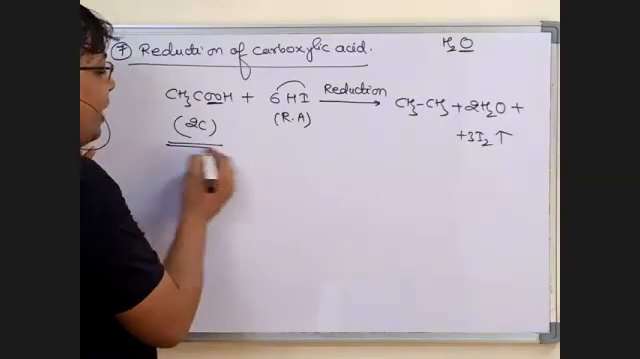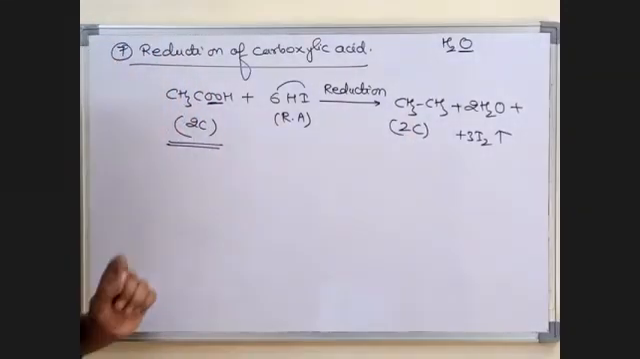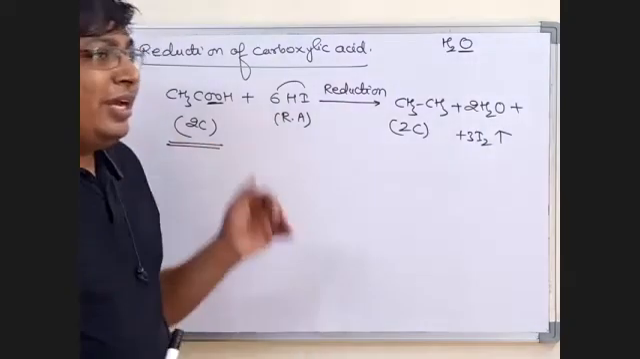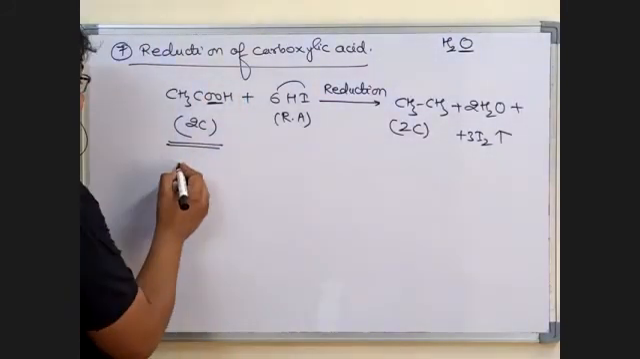By the reduction of carboxylic acid, the alkane has the same carbon as the carboxylic acid. The acid which has 2 carbon, 3 carbon, 4 carbon, the alkane has the same carbon, students. Clear? Now the second reaction,